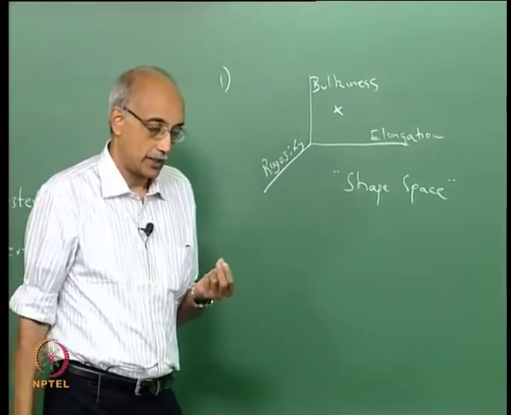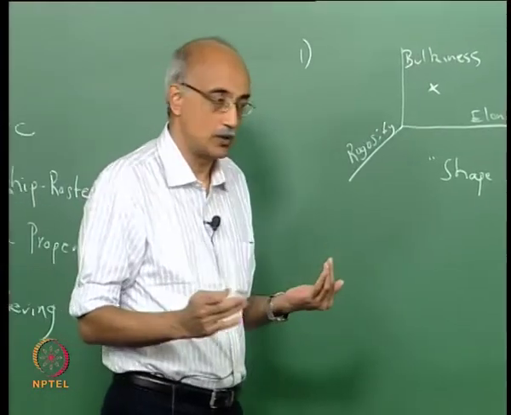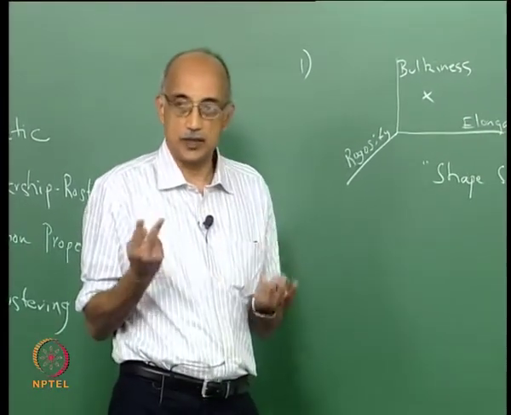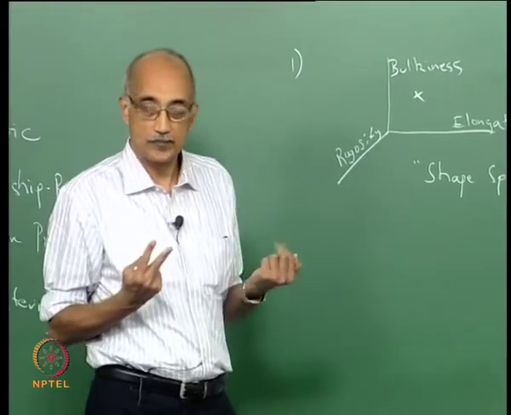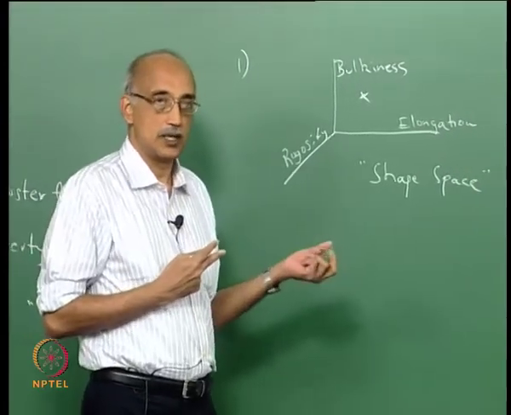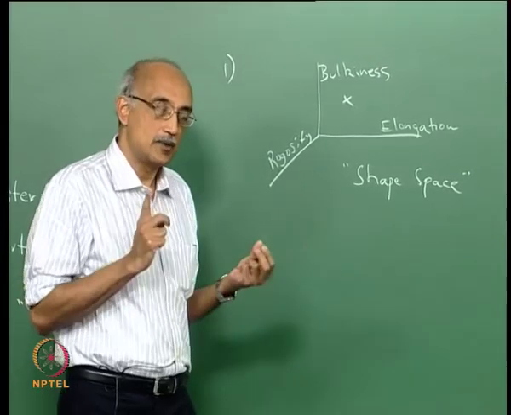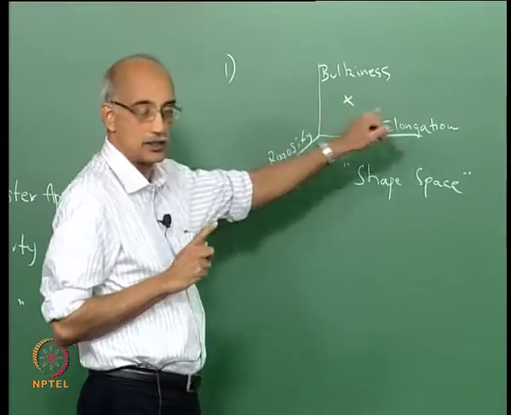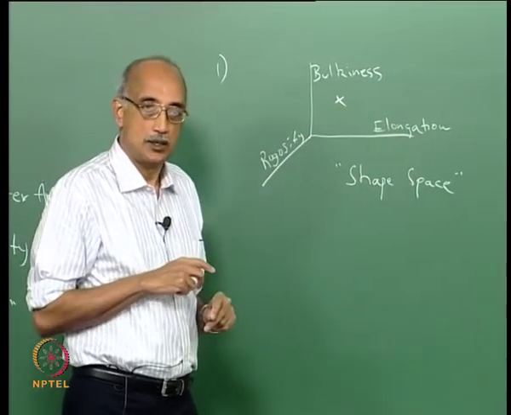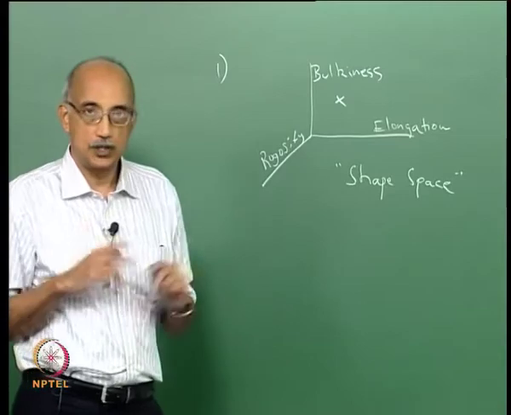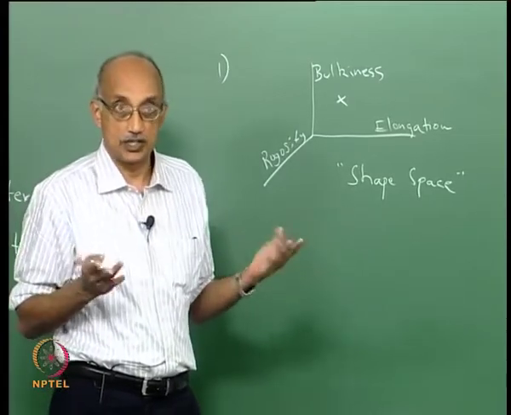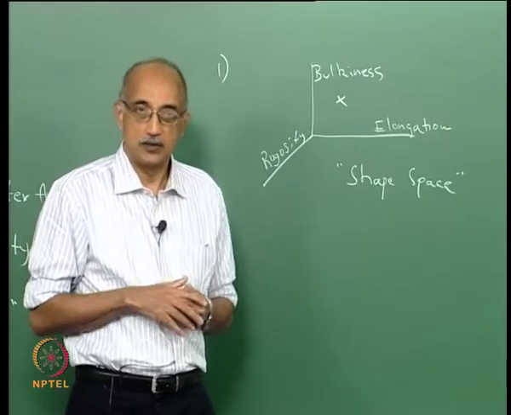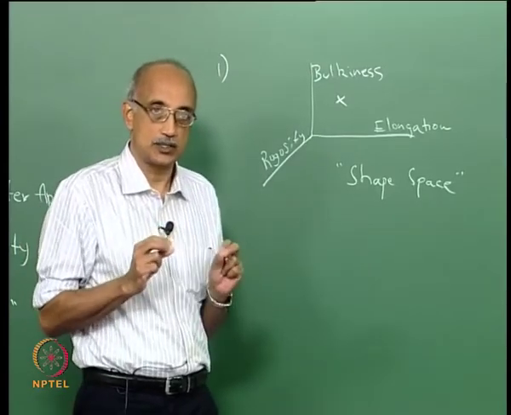Then again, from your library or from your experience, you select 2 shapes that you think most closely approximate this shape, because remember that each shape is unique. So this particular point in this 3-dimensional space will not be available in your library, unless you get extremely lucky and unless your data is inaccurate, because it is physically impossible to have 2 particles that have the same shape,